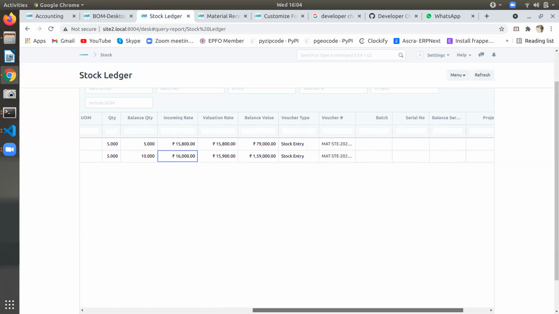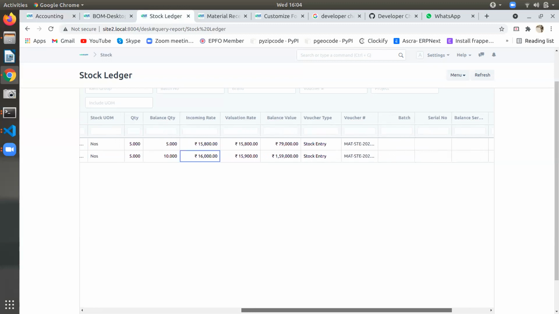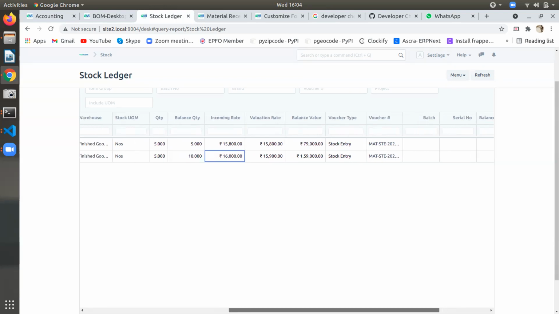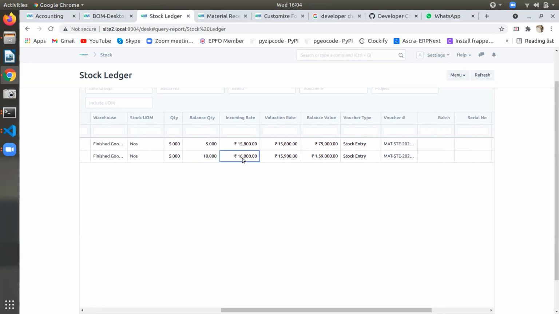Vikram, is it correct? Yes. Where is that 100 rupees? 200 got added for the incoming rate. Yeah, 200 we have added there as cost. One minute, let Vikram check.